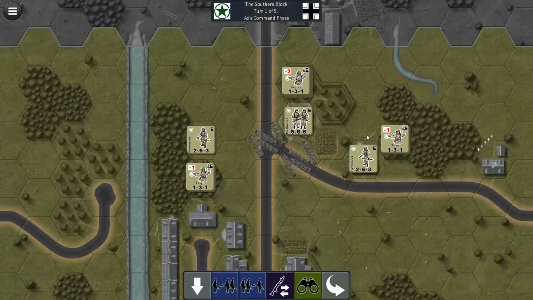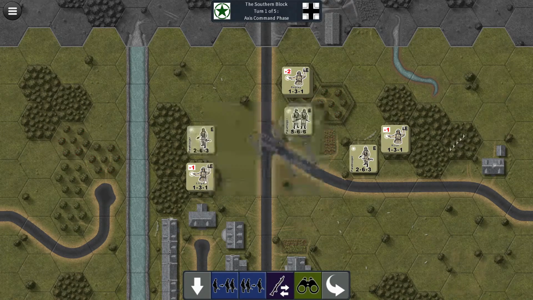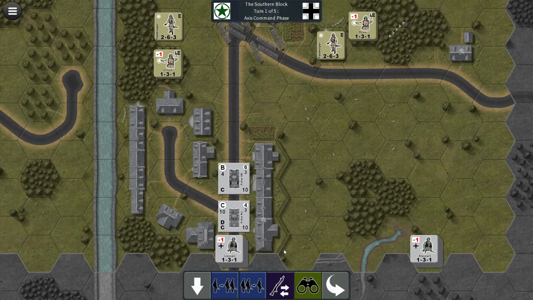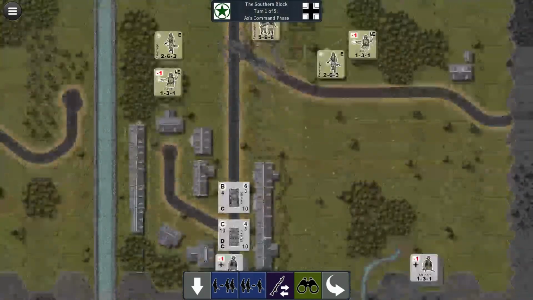All right, so what do we have to do? I'm guessing I will lose a couple of tanks, but once again, I think this is very much a destruction mission. Kill as many Americans as you can. Hello, we're North Korea. Anyway, so...